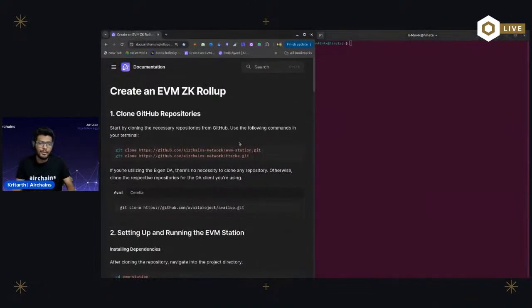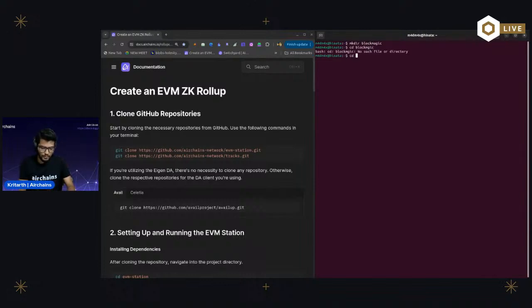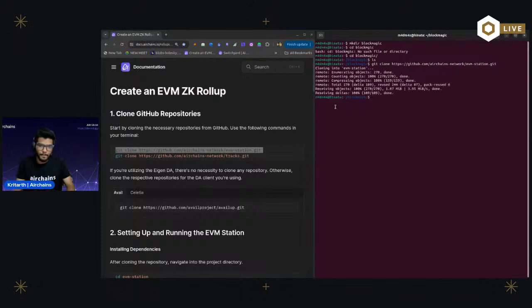Okay, cool. So very first, let's create a directory here. Let's name it blockmagic. We'll go into the blockmagic directory. Okay, sorry. Cool. Yeah, perfect. So first we have to clone the EVM station GitHub repository from the Airchains network,